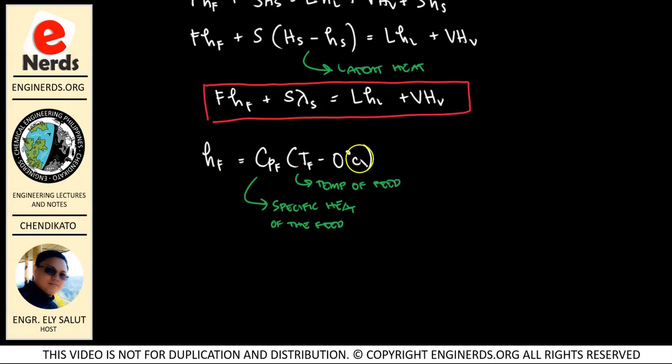And why do we have 0 degrees Celsius here? This is our reference temperature para sa ating enthalpy. This is actually because we based our calculation for enthalpy with reference to 0 degrees Celsius. We have to take note that enthalpy is always relative rather than absolute value, no? So this is actually our reference temperature. Okay, so we have to take note of that para malaman natin kung saan natin kukunin itong ating mga enthalpy